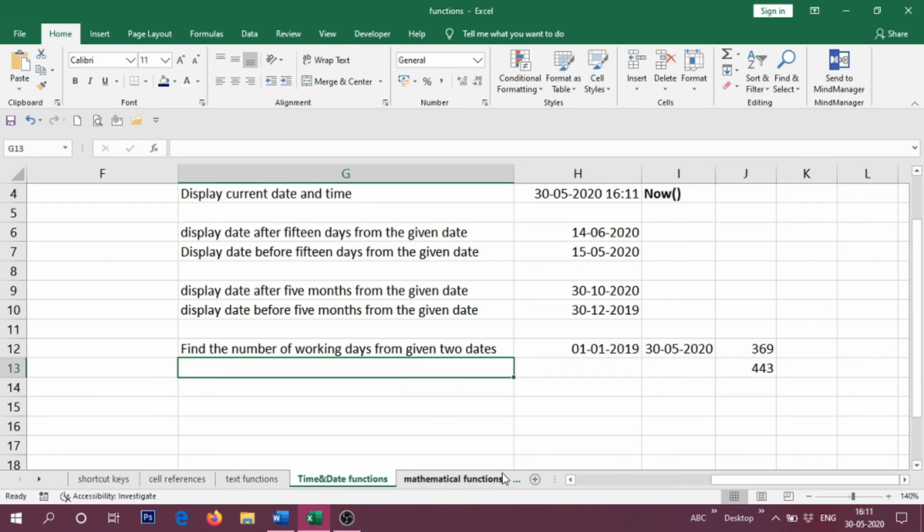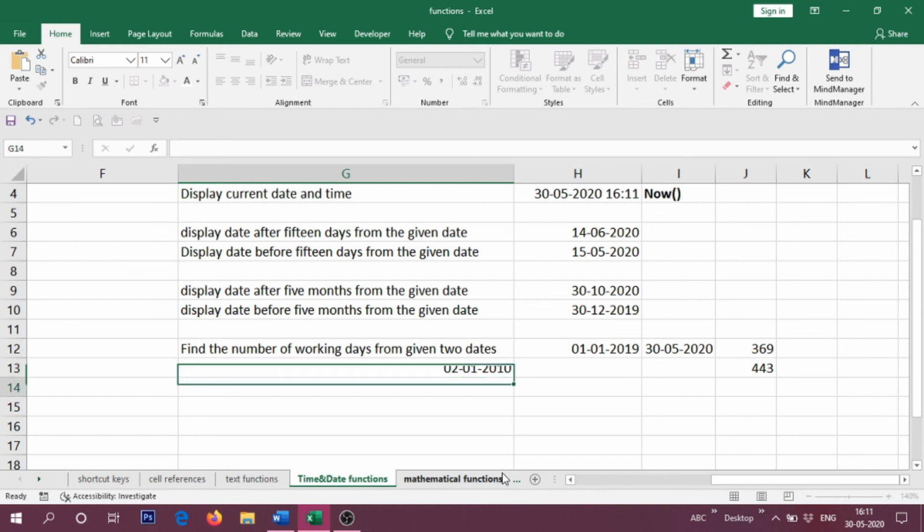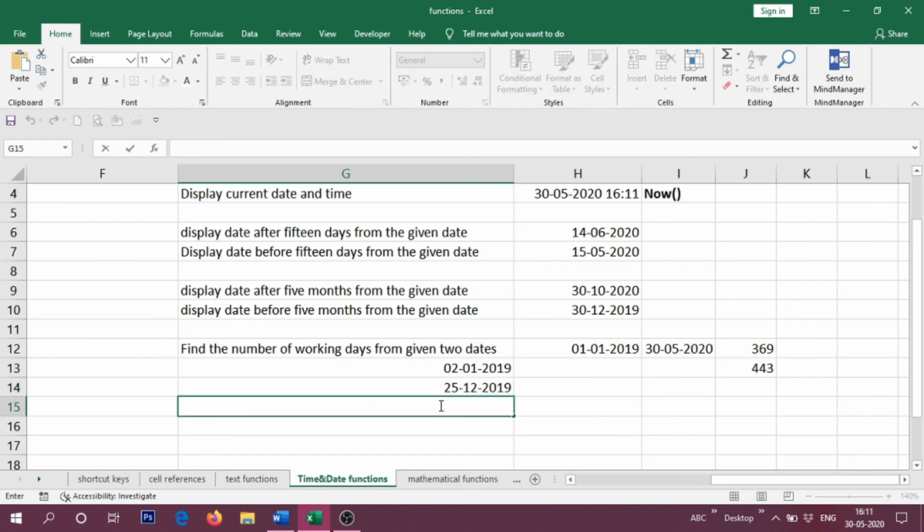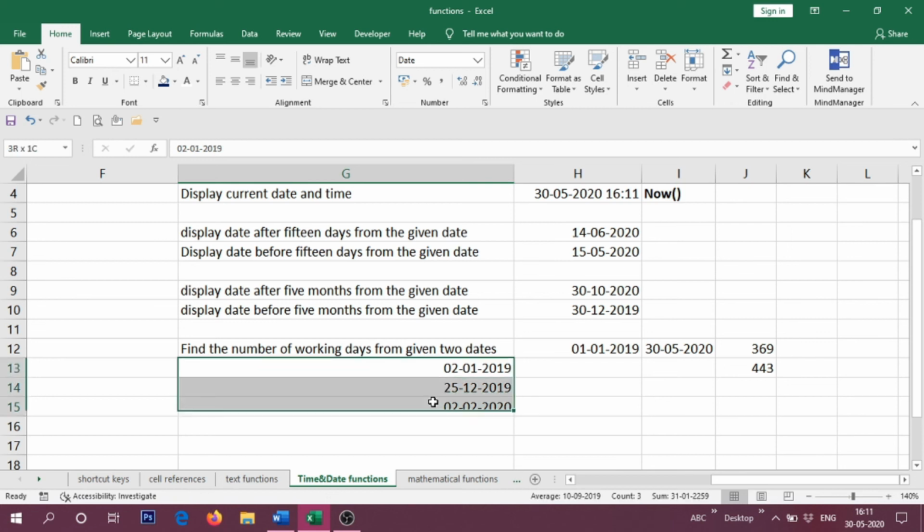Let me type a holiday list here, like 02/01/2019, one holiday, and 25/12/2019, one holiday, and 02/01/2020, one holiday. So I have 3 holidays. I want to exclude these 3 days and not calculate them as working days.